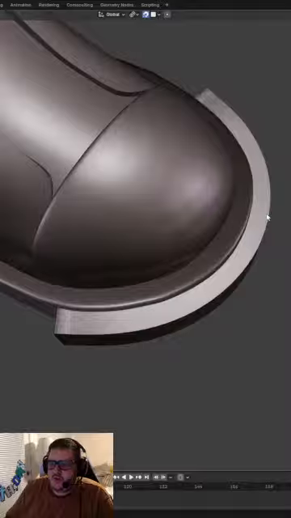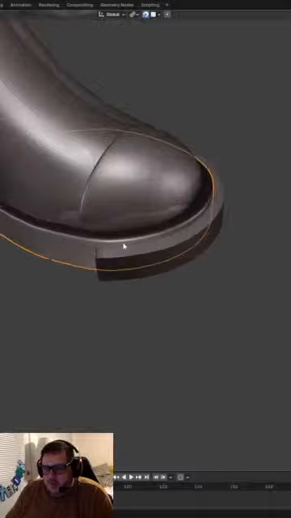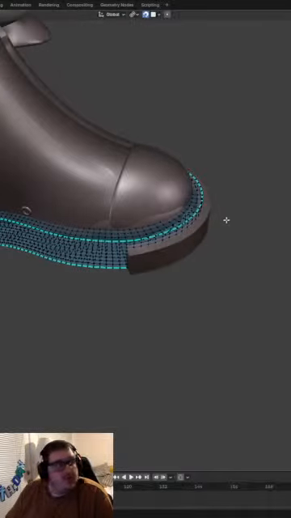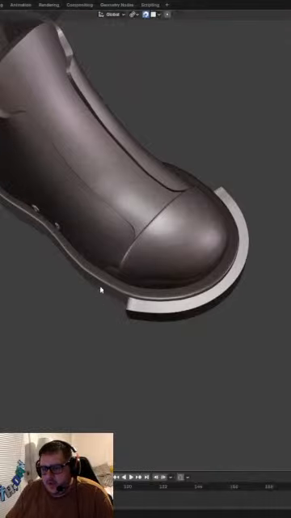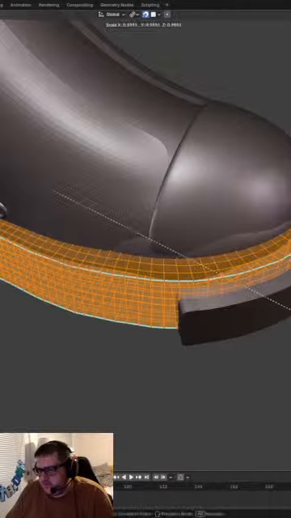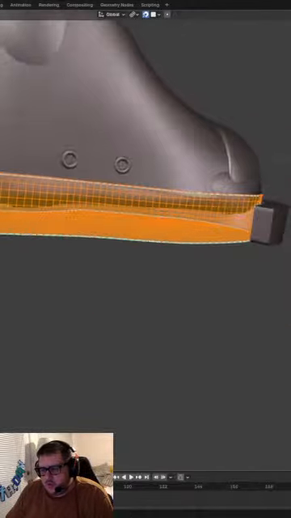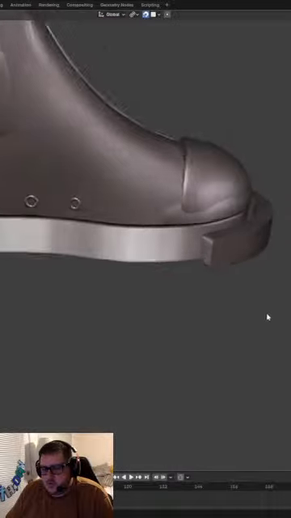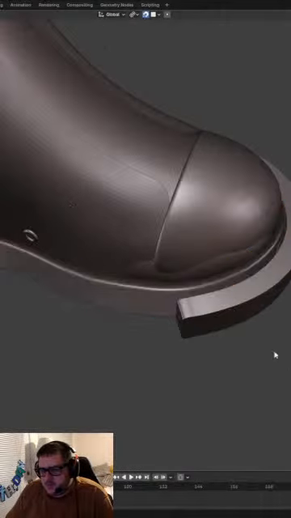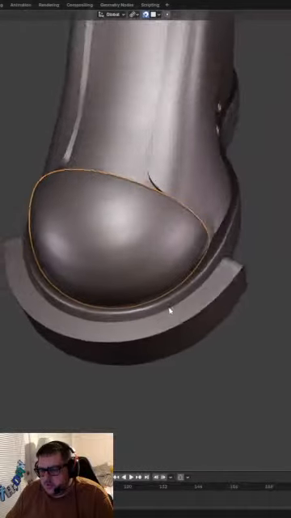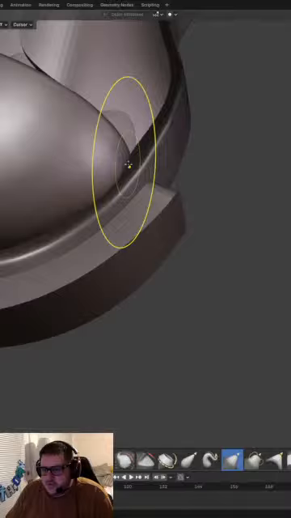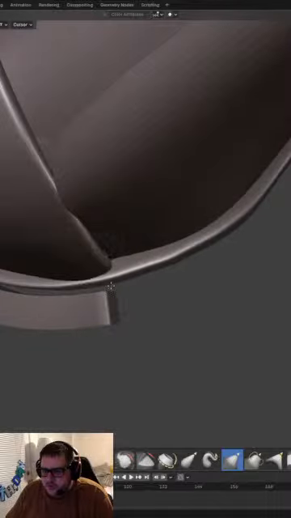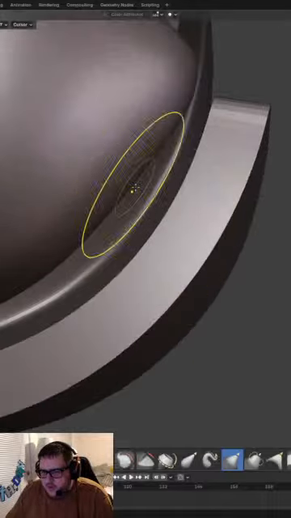Okay, so there's definitely supposed to be less of a lip here. Now the question is, how do I want to do that? Do I want to scale up the shoe? I think I just want to shrink the sole a little bit so that we're closer to the shoe, right? So let me go into our grab mode here, and I know we kind of need to start pulling this together here, and I'm trying to think of how to do it, but I think we need to be right up on the edge with our toe cap.